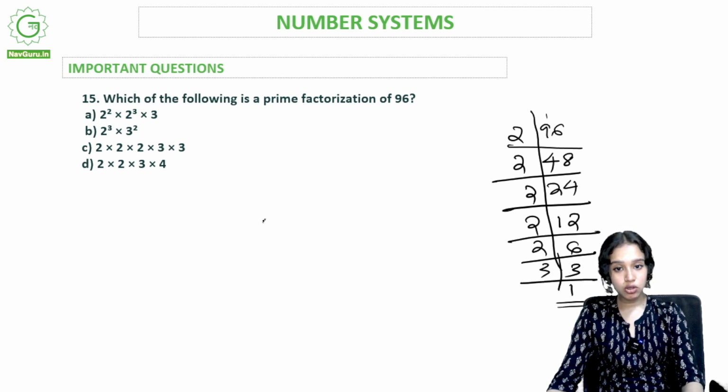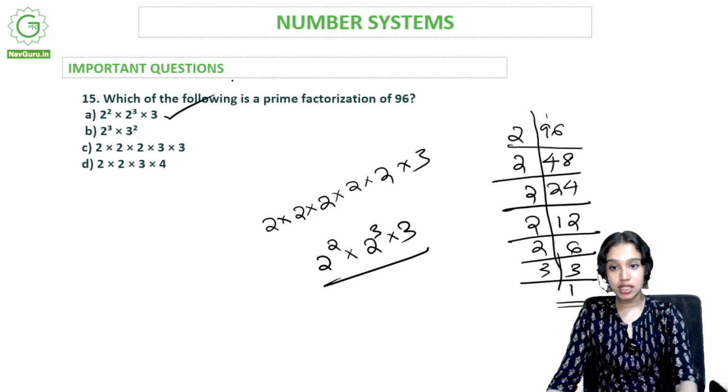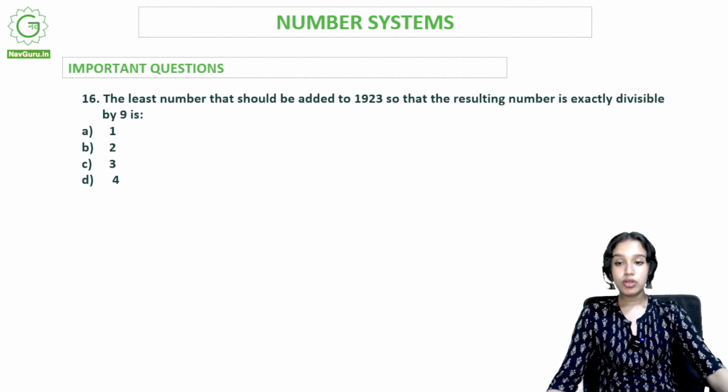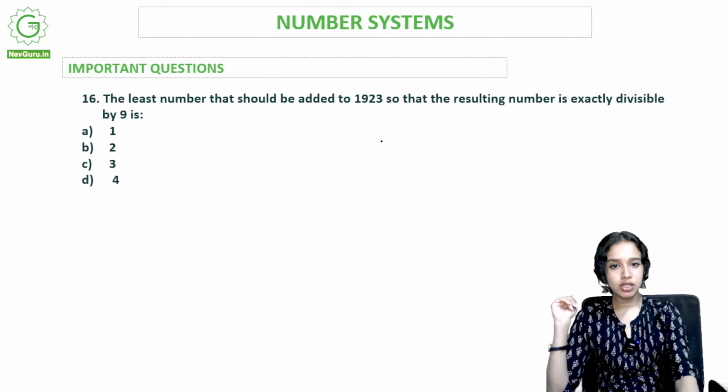So this turns out to be 2 into 2 into 2 into 2 into 2, that is 5, 2 into 3. So 2 raised to 5 into 3. This is the right answer. Moving on, the least number that should be added to 1923 so that the resulting number is exactly divisible by 9. It is a very simple question because